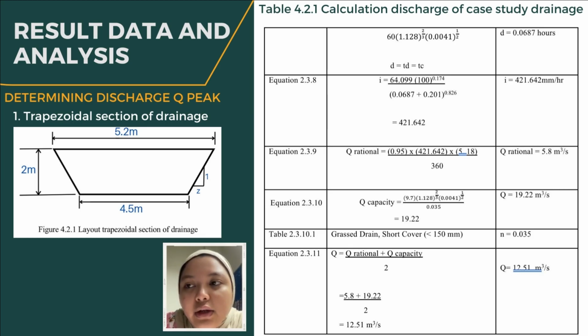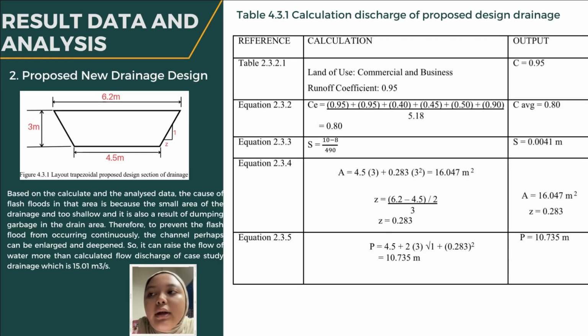0.175. For equation 2.3.5, which is the perimeter, we got 8.6 meter, and equation 2.3.6, for the hydraulic radius, we got 1.128 meter. And for the next equation 2.3.7, we got the drain flow, TD, is 4.12 minutes. For the next design, we propose a new drainage design, and the picture shows the layout of the trapezoidal proposed design